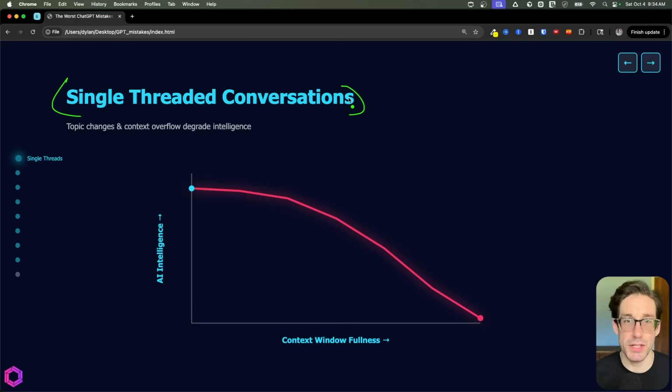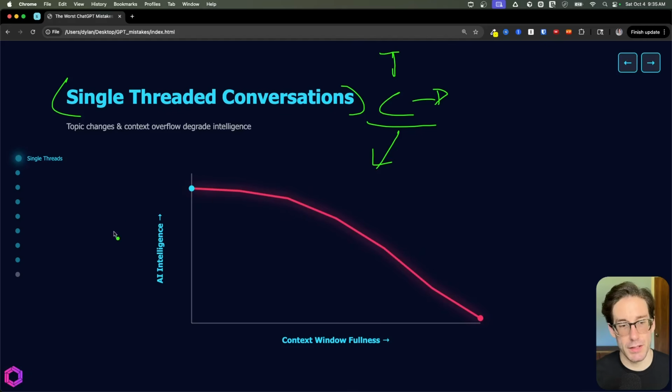So you should start a fresh conversation for two reasons. One, either you've changed the topic, which we'll do for T, or two, your context is being bloated, it's being run on. So, what do I mean by context? This is basically the memory of the AI, how much memory or information you can stuff into the AI's head without its intelligence degrading. And we'll start with that one first because that's what this graph represents.